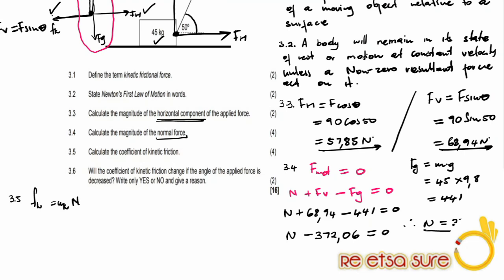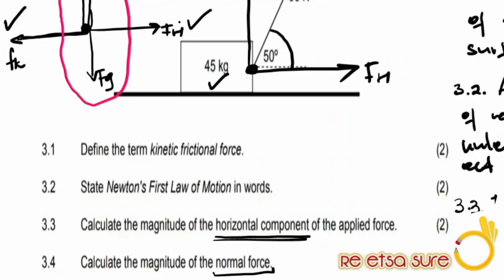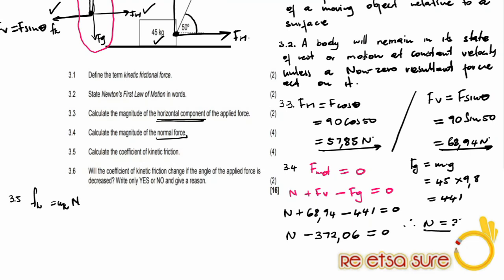They are the only forces that are acting parallel to the surface, and they are also acting in opposite directions to one another. Meaning the magnitude of F horizontal is equal to the magnitude of Fk, the only difference being that they act in opposite directions. So in this situation the value of Fh is 57,85, meaning the value of Fk will also be